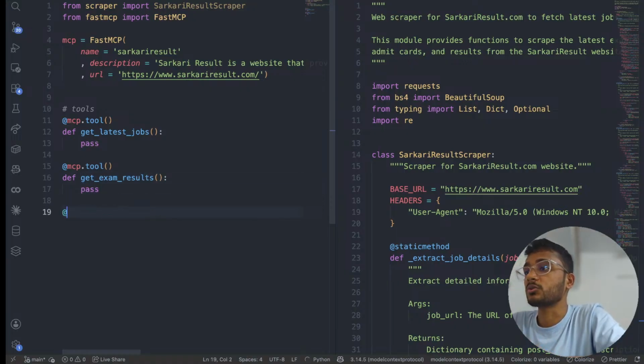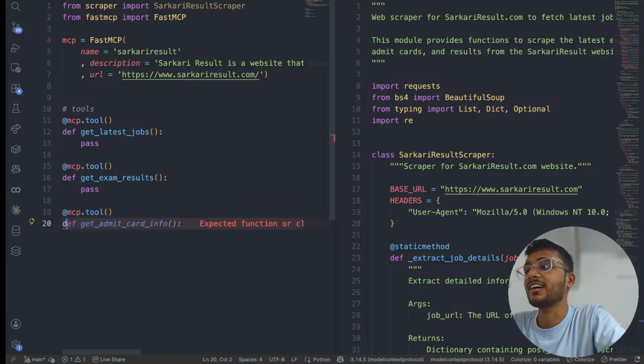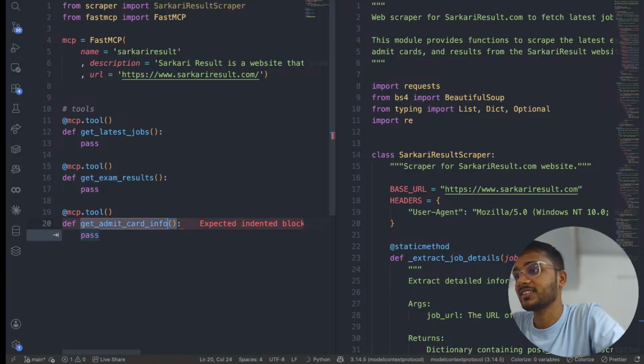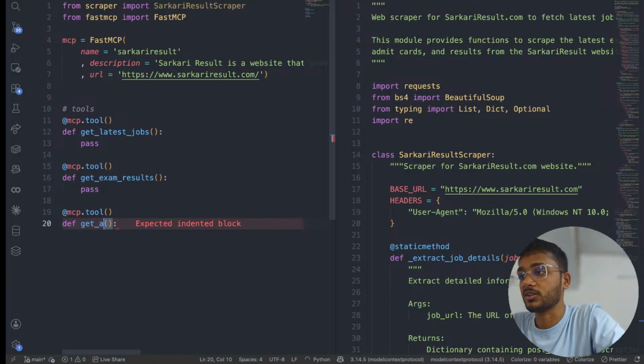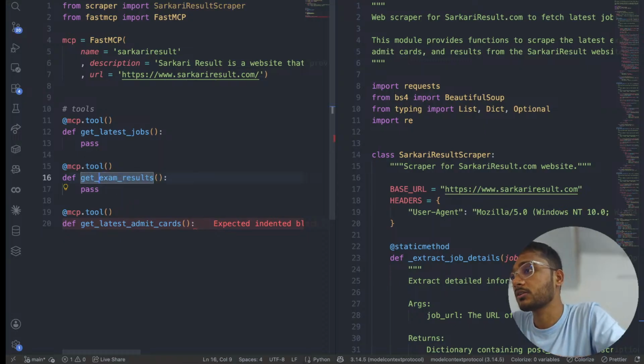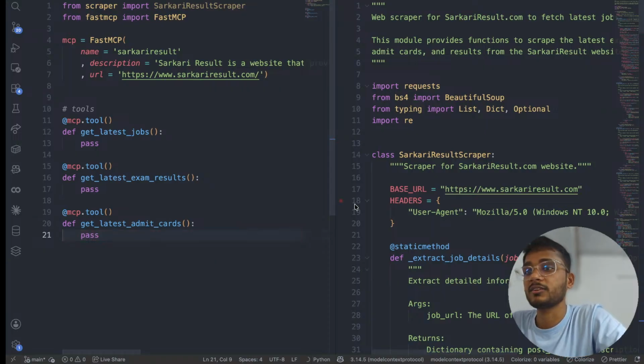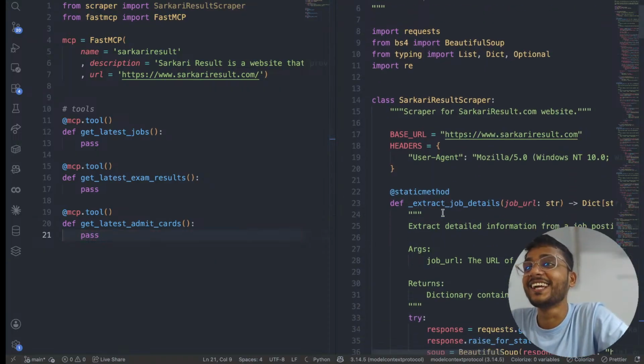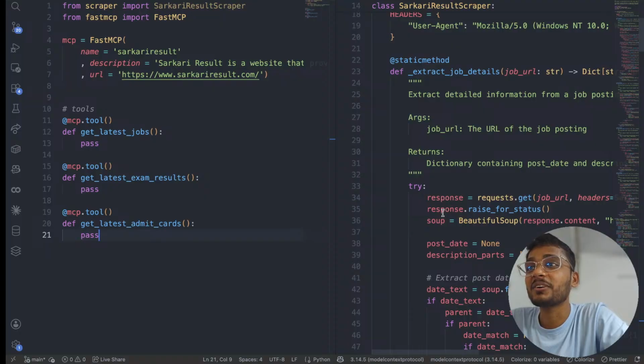It looks good. Now add MCP tool, get latest admit cards. Not admit card info, I do not want that. Get latest admit cards, and here I'll say get latest exam result. Pass, because we do not want to fail. Sarkari result scraper, and here